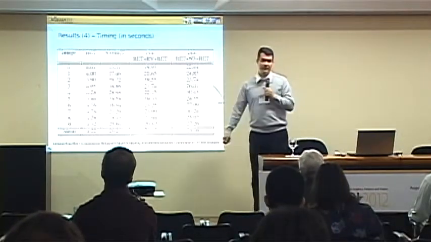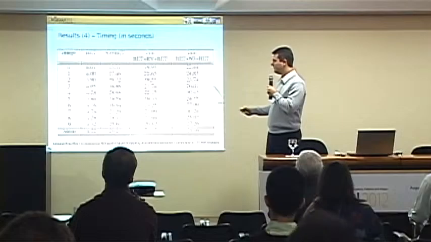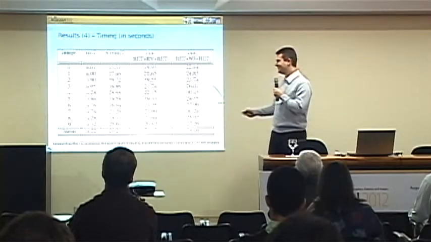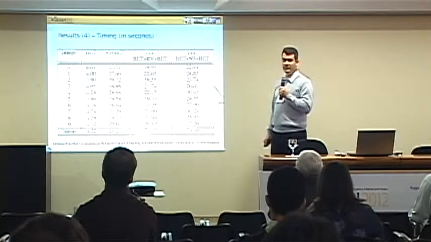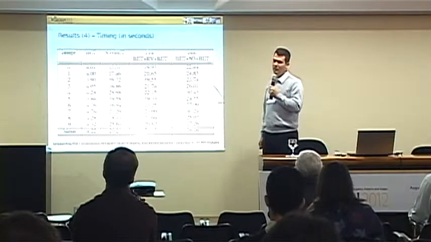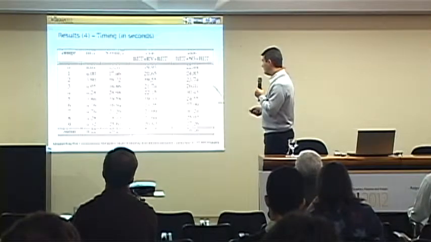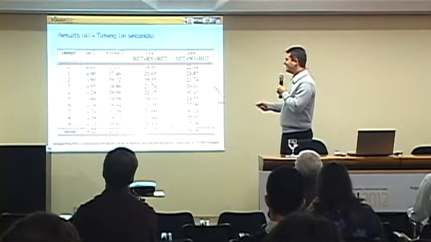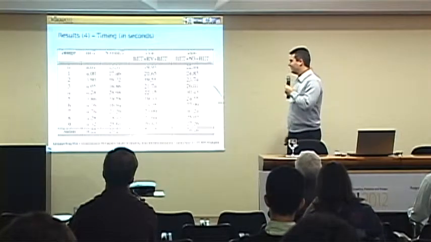About time, that's a really good question. If you just want to make skull stripping and you don't worry about the cortex region, okay, use BET. It's much faster than the other approaches. But if you really care about the result of your segmentation, or if you need to make the inhomogeneity correction for post-processing, you can see that the three approaches don't have a very different